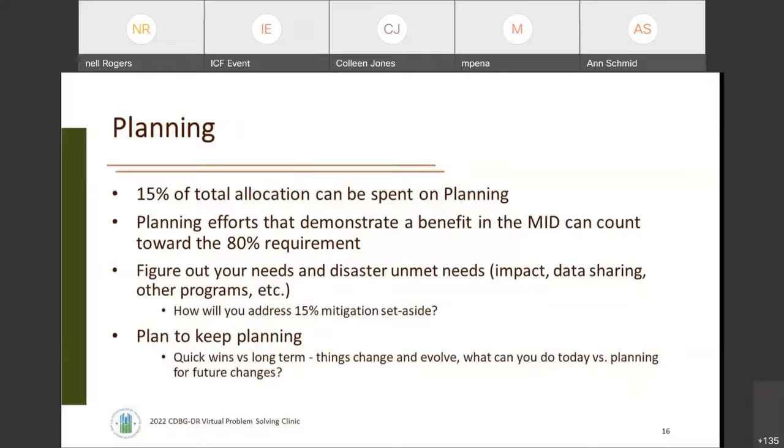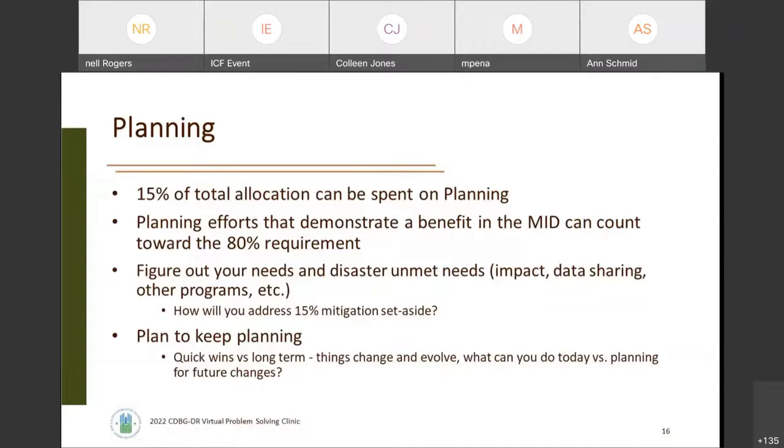One of the great resources within CDBG and CDBG-DR is the ability to expend funds on planning. The consolidated notice allows for 15% of the total allocation to be spent on planning. Planning efforts that demonstrate a benefit for those resources in the most impacted and distressed counties can count towards that 80% requirement. I think that planning is especially significant for new and smaller grantees because you can use those resources to help identify what are the best types of programs that you can offer with limited resources. It will also help you identify how you can integrate the mitigation requirements with your 15% mitigation set aside into